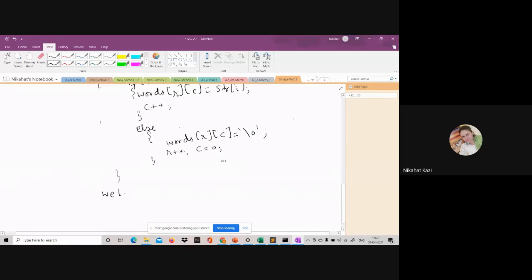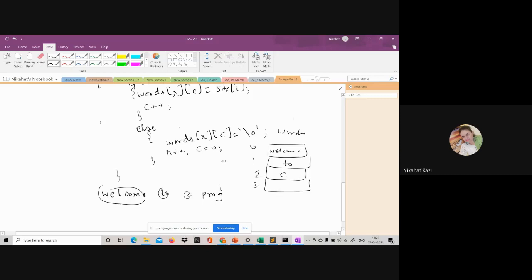Welcome to C programming. Okay, welcome is done, and here too, this is also done. Now I comes here. So at this point, what has happened at this location? This is my words array. Welcome is copied. At position 1 and 2 it's done, and at 3 C is done. At this point, you have copied PROG and now I has come to